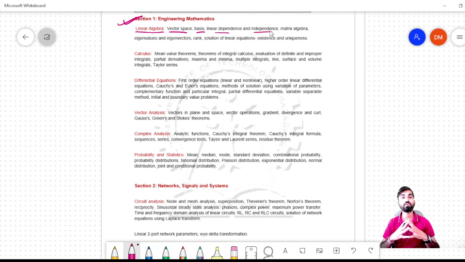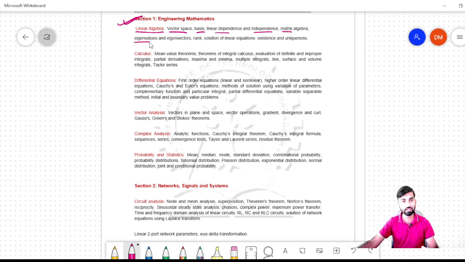So you need to know how we study linear algebra relating to the vector space, what is basis of any space, and what is the concept of linear dependence and independence, right? Because these are the topics which would be useful in real-life applications when you go for higher studies, in masters from IITs and IISc, or for PhDs from abroad or in India, right? So these are the topics.